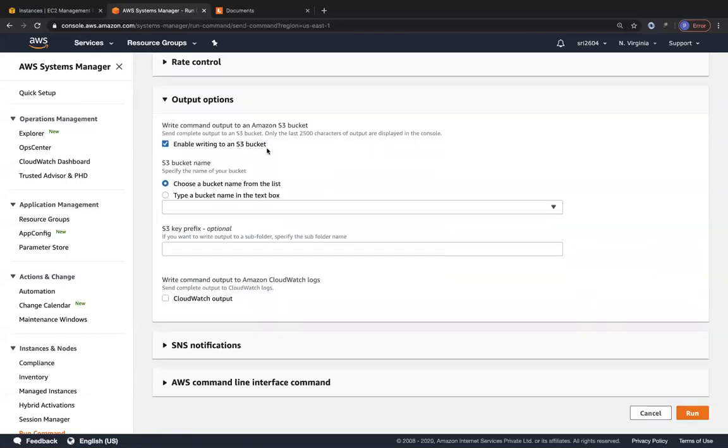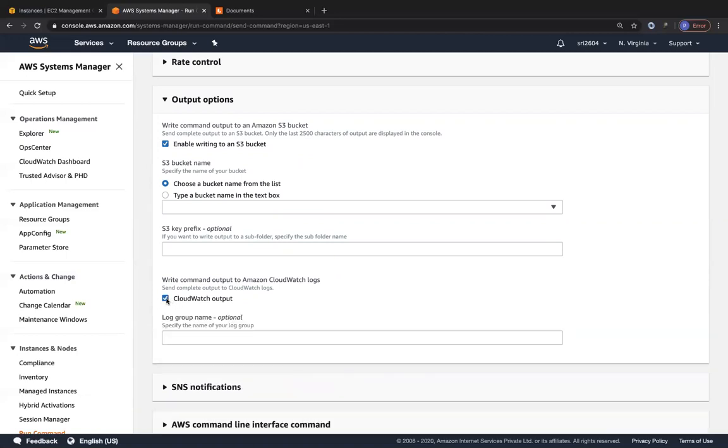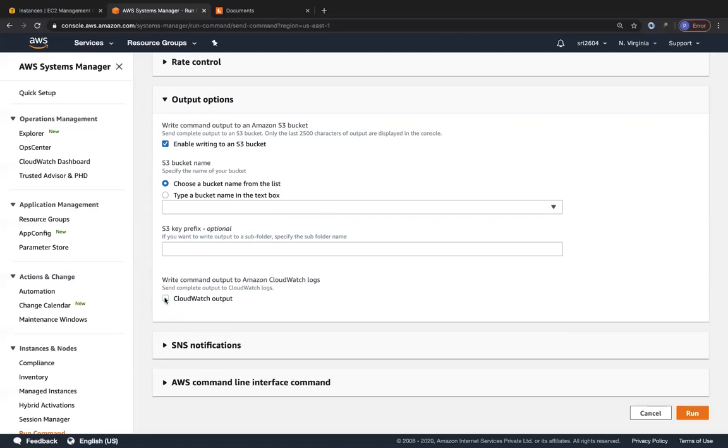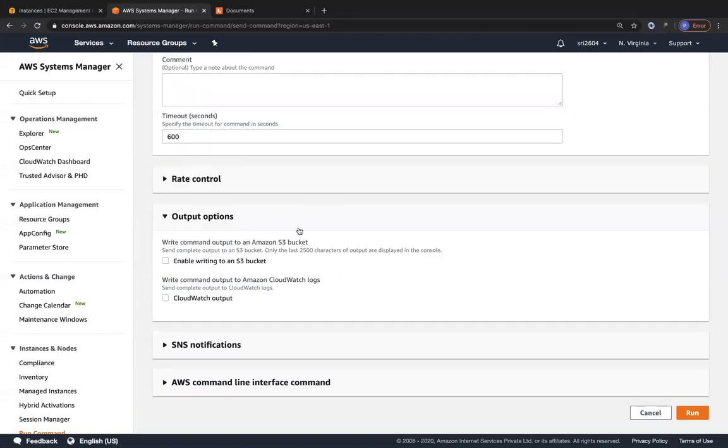If you also want to configure the output of that ls -la command to be stored in a file within an S3 bucket, you can do that. You can also configure additional CloudWatch Logs output, but you will have to provide the name of your log group over here. We are not going to configure any of these settings, so we are going to disable the output options. But even this is possible, and you can also choose to get SNS notifications after the command has finally run, right?